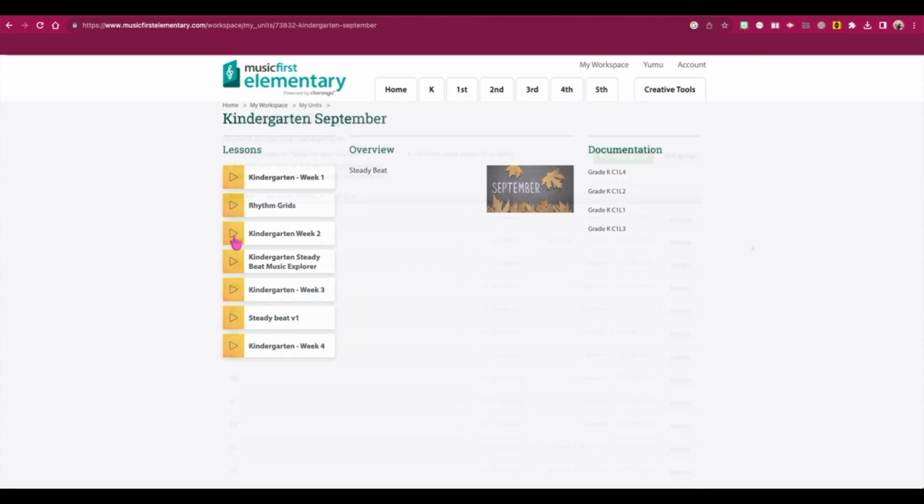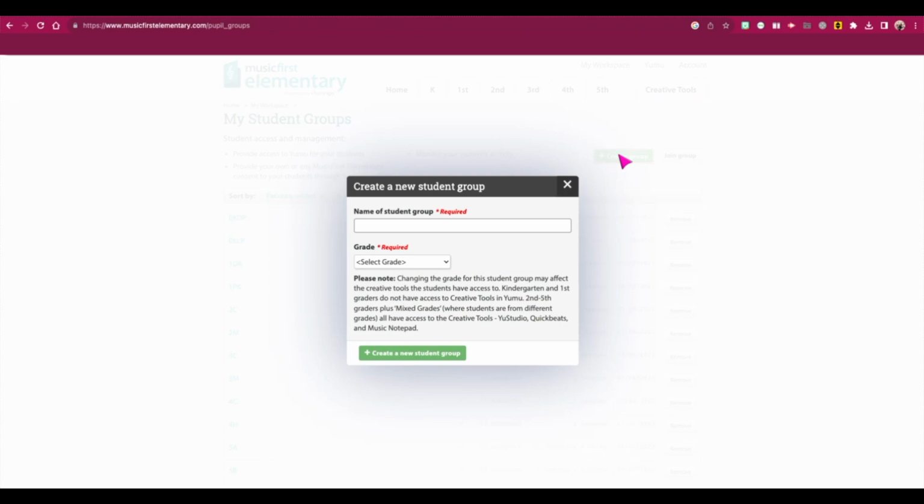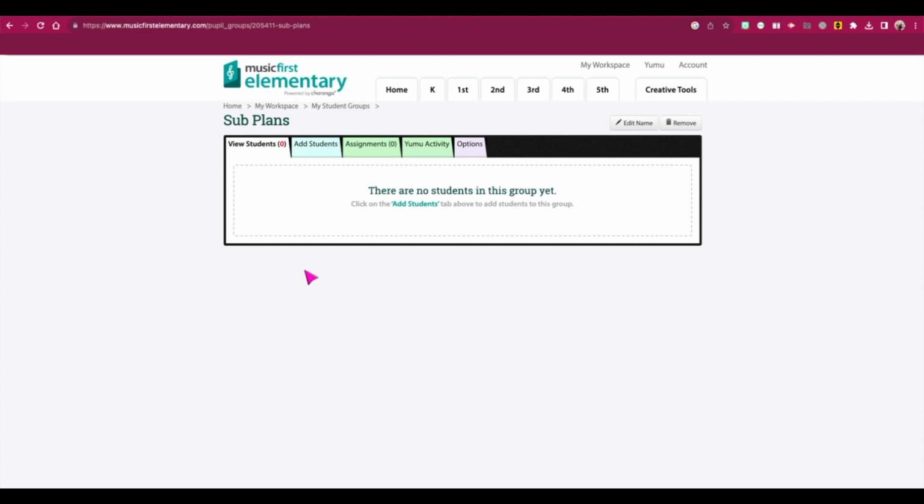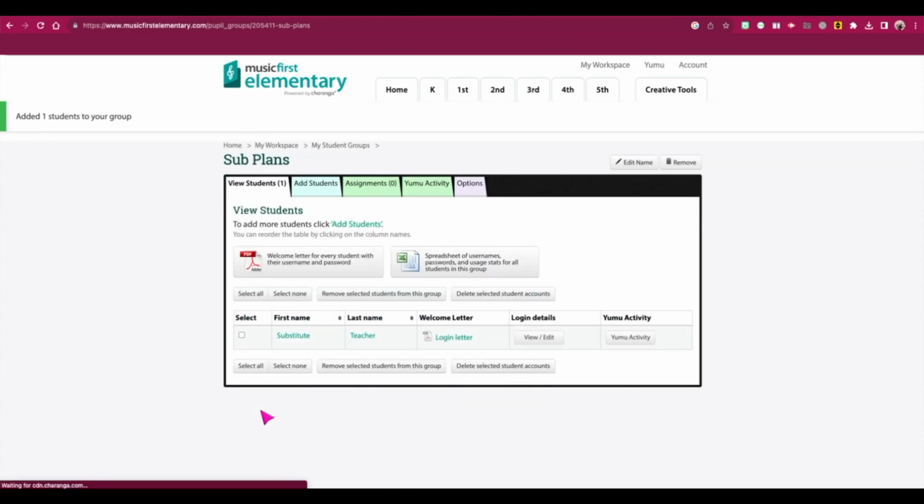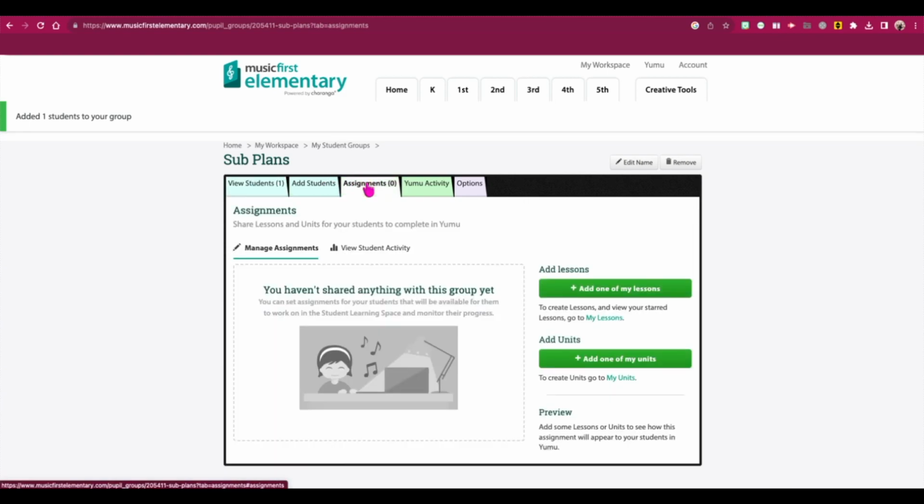What about that sub I was talking about earlier? What do you do when you have a sub? Well, it's so great because you can create a student group called subplans. Add a person to it that can be called Music Substitute Teacher. Then create a login. Assign the lessons or units to that group that will be covered while you are away